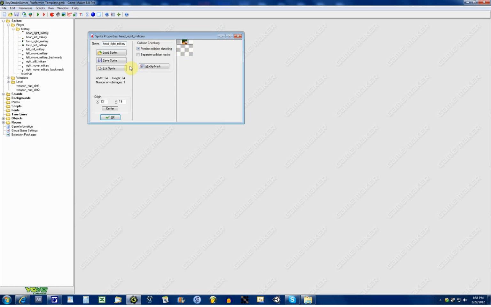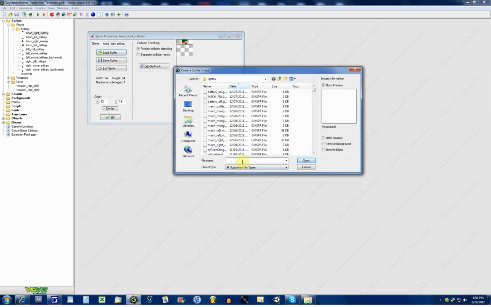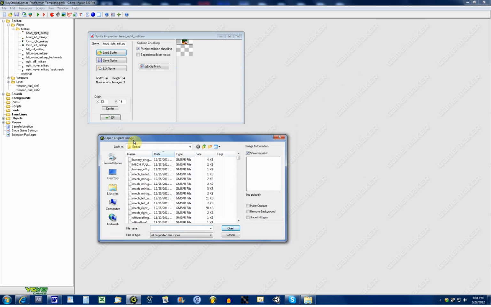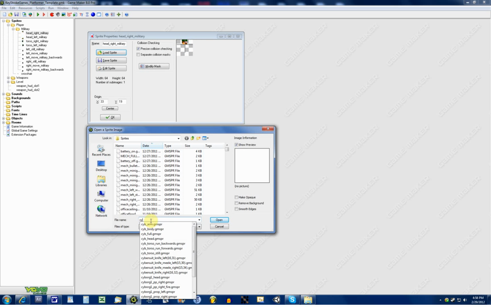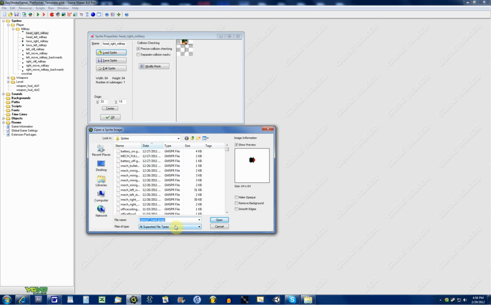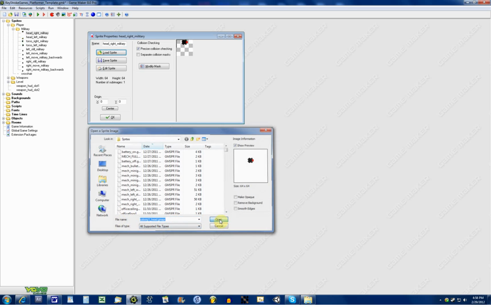You can see that. So if I want to change the sprite, I'm going to go into load sprite, and what you're going to have to do is you're going to draw a head that is on a 64 by 64 template that's near the top of the screen. So what we can do is I can just type in something like Cyborg 1 head, which is a sprite that I've made beforehand, and I'm going to open it up,